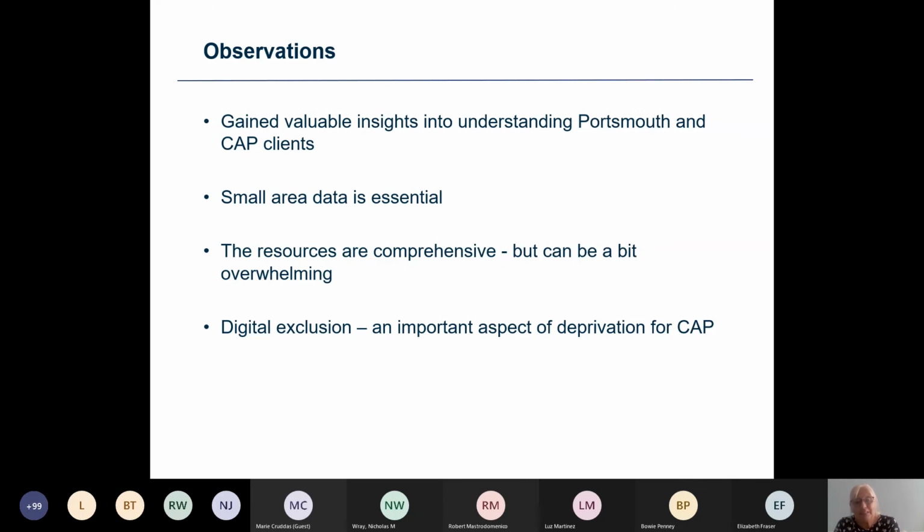As Marie explained a bit, Roma and Marie advised us on the question wording and the sampling frame for our survey, and then carried out the local demographic analysis that Marie's just described. They made comparisons with our client base and drew conclusions for us. They also analysed the IMD and provided commentary on our local issues.